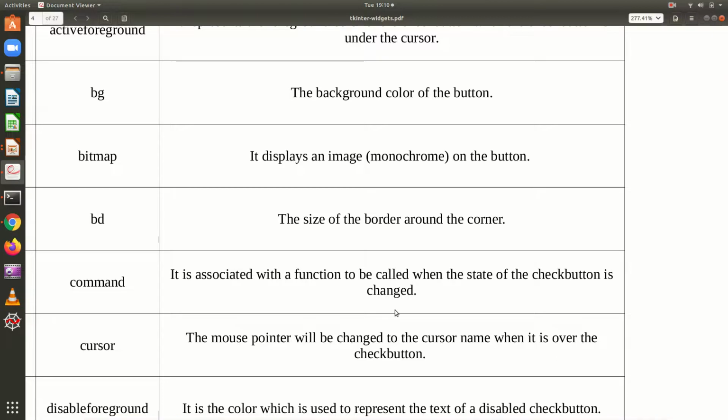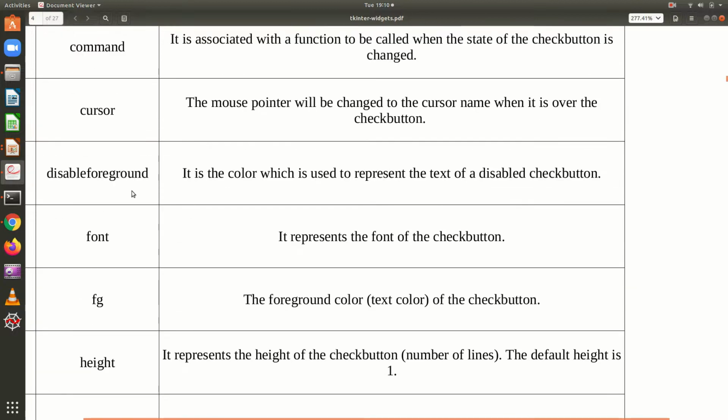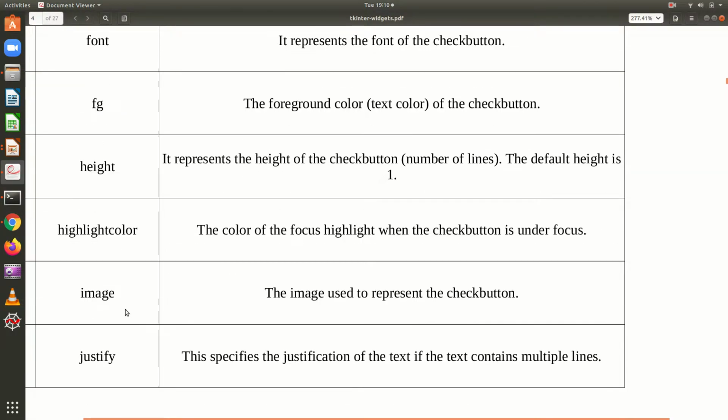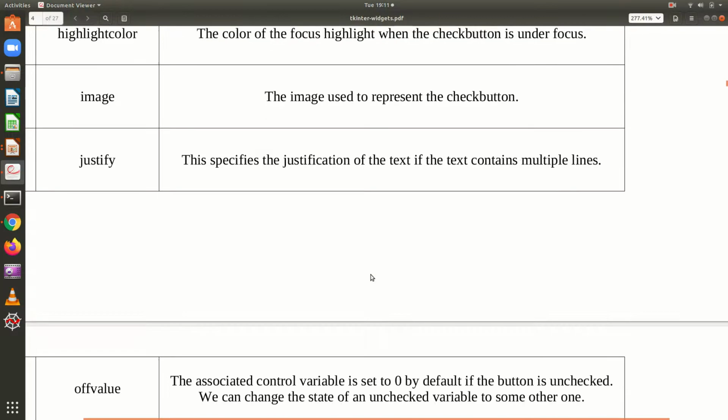So when you check a button, when you uncheck a button, what action is to be performed will be specified by the command option. Then foreground, disable foreground, font, foreground, height, highlight color, image, and justify. This specifies the justification of the text if the text contains multiple lines. If you have multiple lines, whether it has to be justified or not, right?